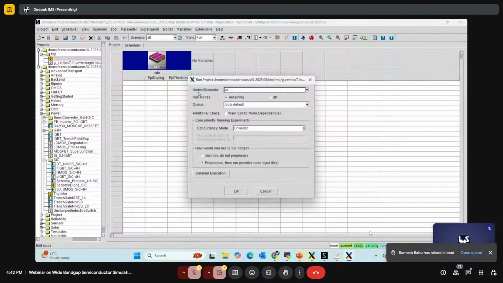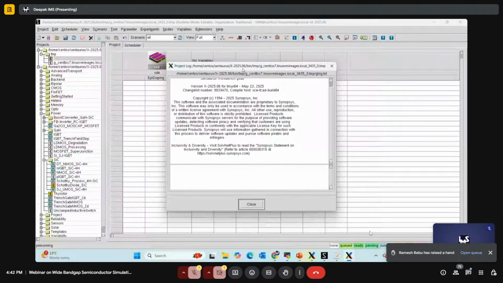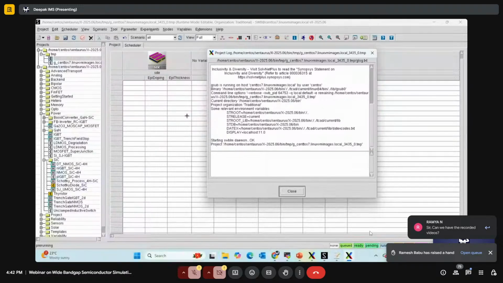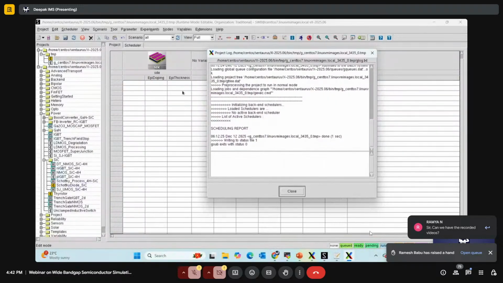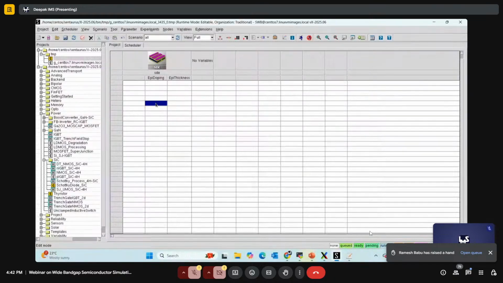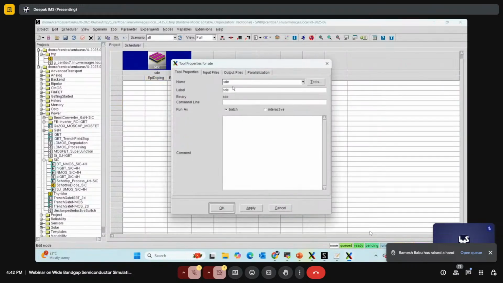I can see we are going to simulate, then select this OK. So once the simulation is completed, it will generate a device structure with the doping and the thickness. Now if I show you the information about this, I can see this yellow color means the simulation has been completed, so we can go with the result. So if I show you the node information,